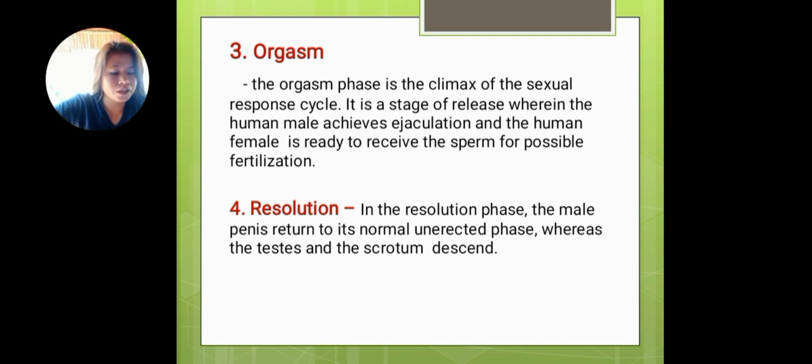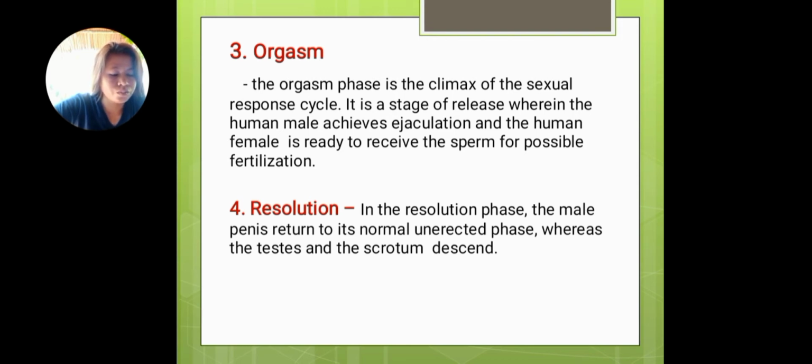First, the changes that began in phase 1 are intensified. The vagina continues to swell from increased blood. The woman's clitoris becomes highly sensitive, may even be painful to touch, and retracts under the clitoral hood to avoid direct stimulation from the penis. The man's testicles tighten; breathing, heart rate and blood pressure continue to increase.